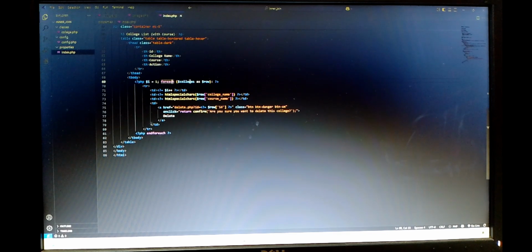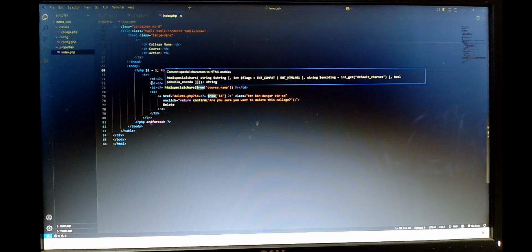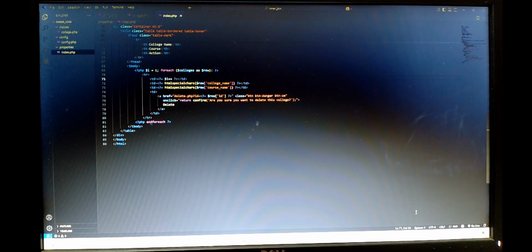So under the foreach I'm taking colleges as a row, because we have to show every college name as a particular row. So we have to write all of these things over here. Then the TD, the i plus plus means the ID portion. Then the college name, I'm taking it as the college name. The first TD cell will be the college name. The second will be the course name, because I want to convert that full array into a single row. So colleges as row prefers the key value format. You know the foreach loop.